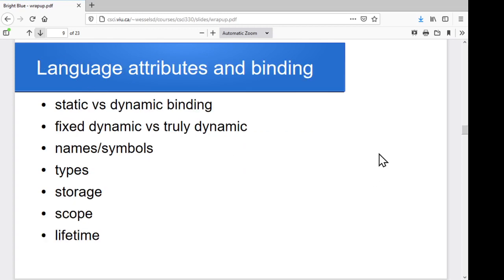We got into discussing language features, and as a prelude to that, we got into the idea of attributes and binding in a language. So looking at the idea of static binding, features that are fixed at compile time, that we know simply by looking at the source code, versus dynamic binding, things that can't happen until the program is actually executing. And then within the dynamic, there is this little gray area of fixed dynamic versus truly dynamic,